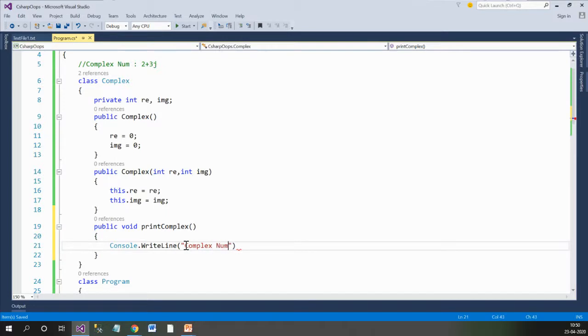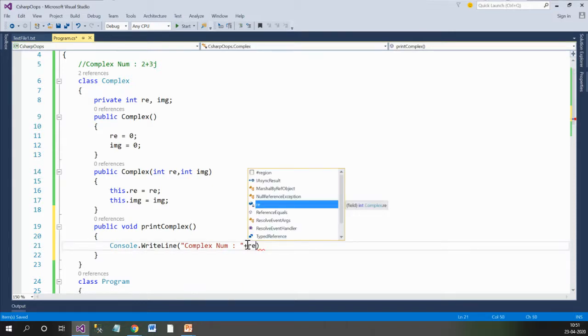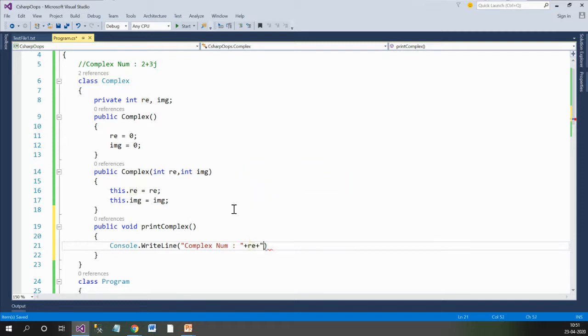"Complex number:" and the plus is used for concatenating two things. Now I want to concatenate the value of the real variable. Then again I need to concatenate it with the plus symbol, because after the real, a plus string is printed as it is.